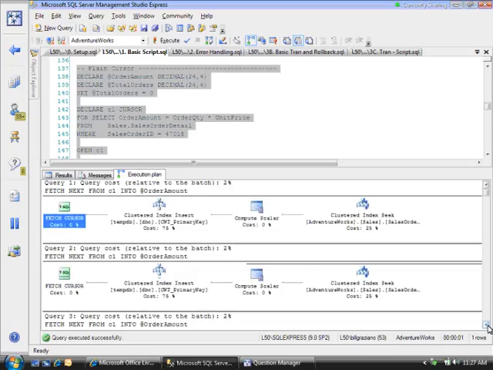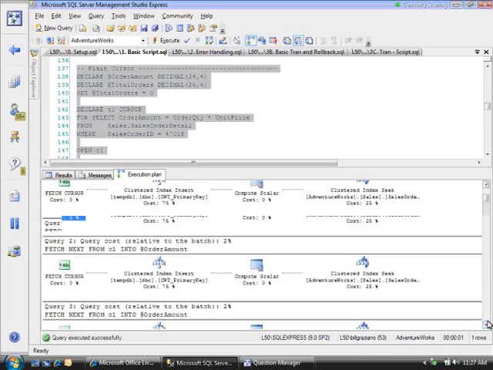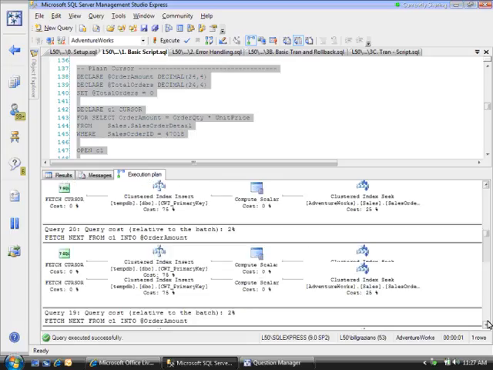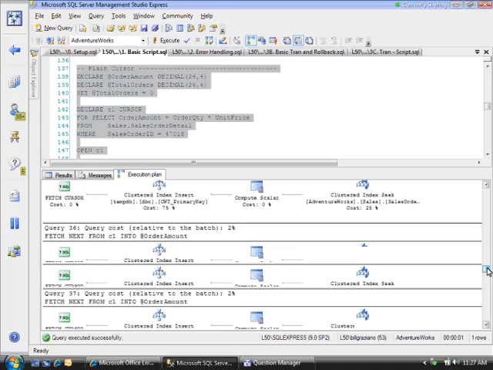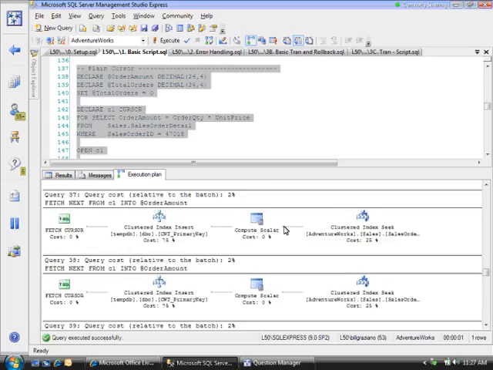now look at the execution plan, you see a whole list of statements there. What has to happen if you do a non-read-only cursor is that this cursor responds to any rows that are added during the processing of the cursor. So it basically has to, for each time through the loop, recheck the query and see if any rows were added. So you see just, I don't know, a dozen or so select statements all in there that are all